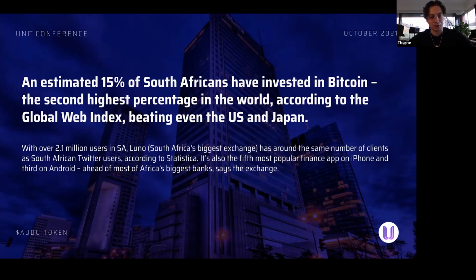So we've got a lot of the population who are unbanked, but then we have a lot of these citizens who do in fact have investments in crypto or do have accounts with crypto exchanges, which is really, really cool and extremely promising as well. And we've seen a similar trend take place in Turkey, again, which is a country having very severe problems with debasement and inflation. And there's just kind of this natural tendency of citizens to go to where stability exists and where opportunity exists. So I think these countries, South Africa definitely, can play a very, very big role in actually paving the way towards wider crypto adoption, because they just have so much to gain.